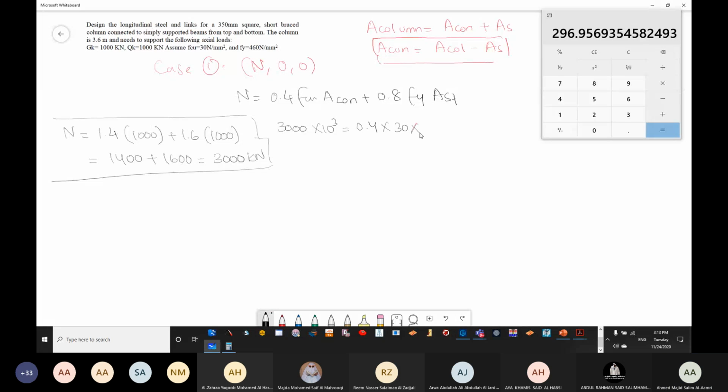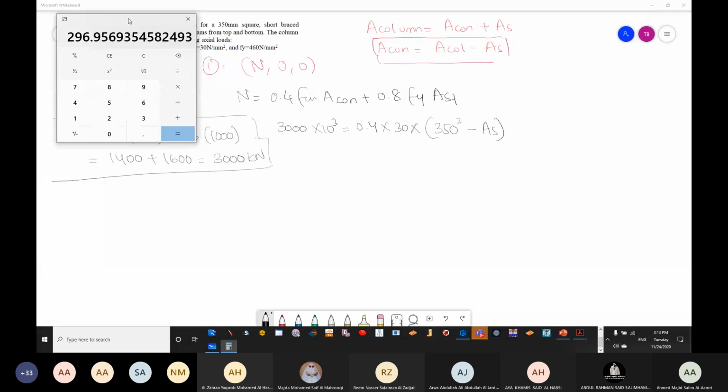what is the area of the column? The column has been given to be 350 square. Each side is 350 mm, so 350 into 350, minus area of steel, plus 0.8 FY ASC, in compression. We just start substituting directly: FY is 460, and then ASC is the one that we require. Now you can see that you have only one